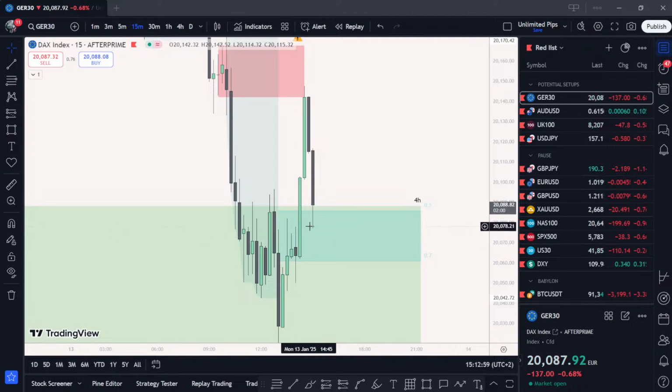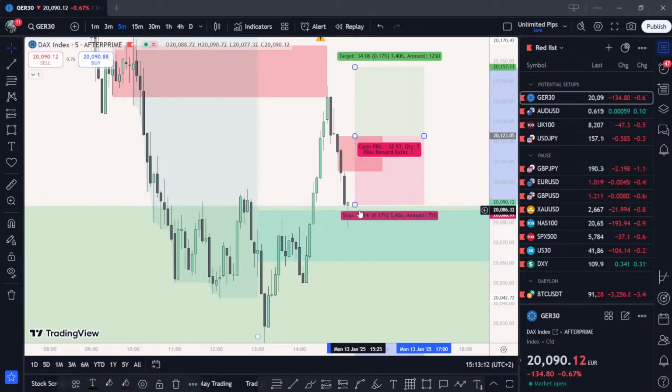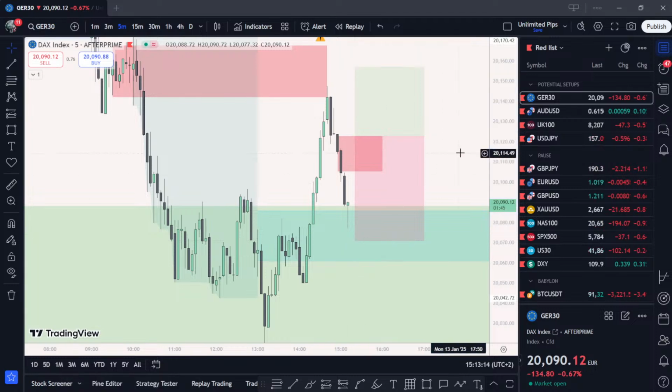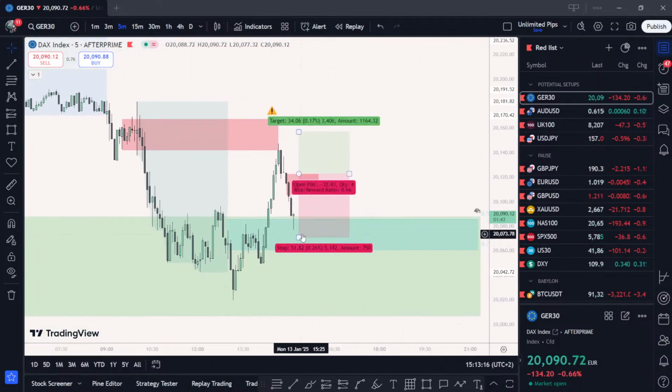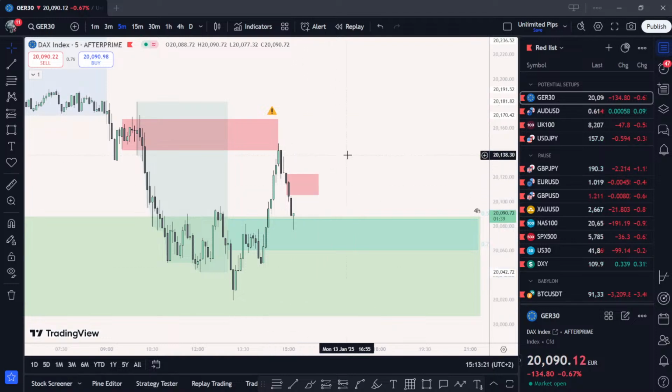Okay, we came into that order block and now we're rejecting. So this is a pretty good sign. Now I would just want to see both of these gaps getting validated, closed above. But again, the stop loss is pretty big, unless you place it here. This is very big, right? So it depends.